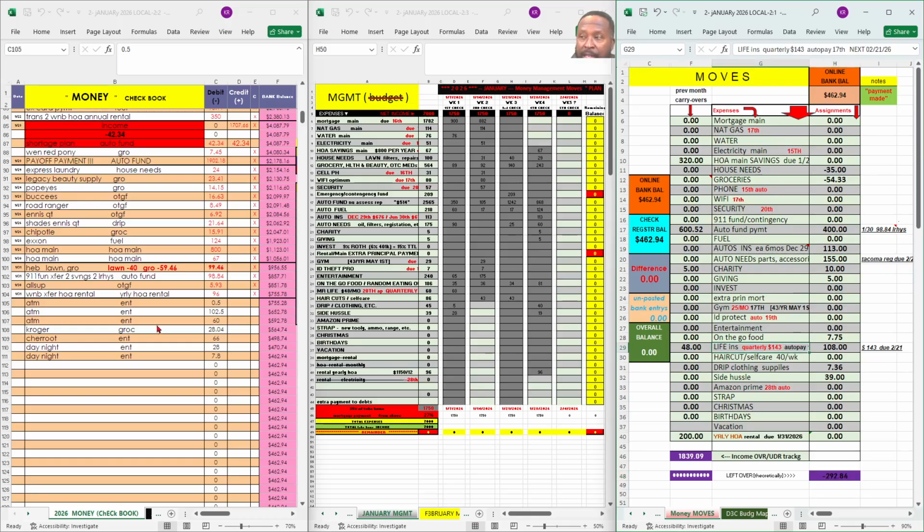So when I start deducting these amounts and start posting them to the expenses that they go to, I'm looking for this number that's in purple. I'm looking for this number to go to 100% zero. So now we've got to balance this, and then we'll get into how we're moving from month to month. So I got